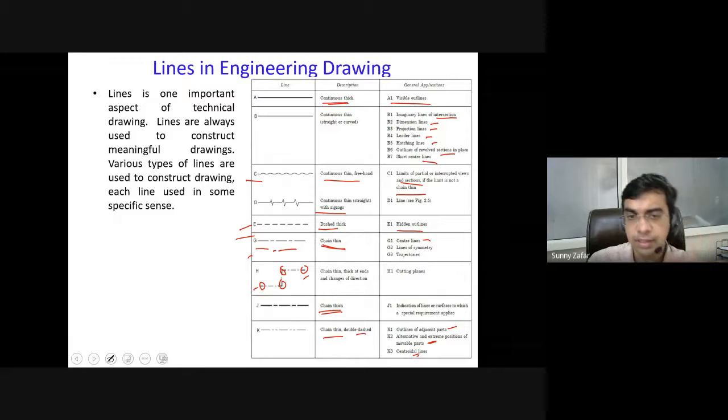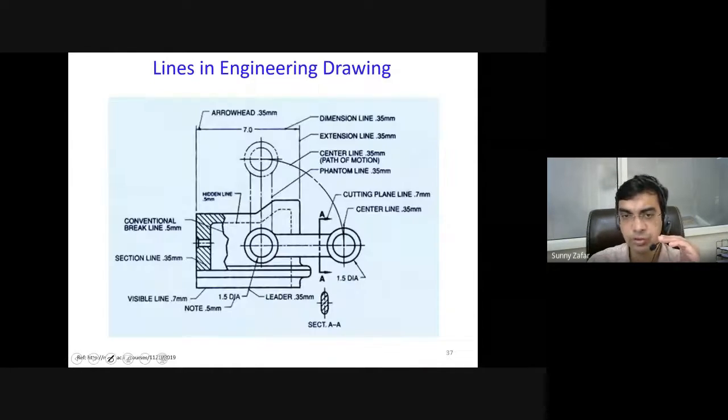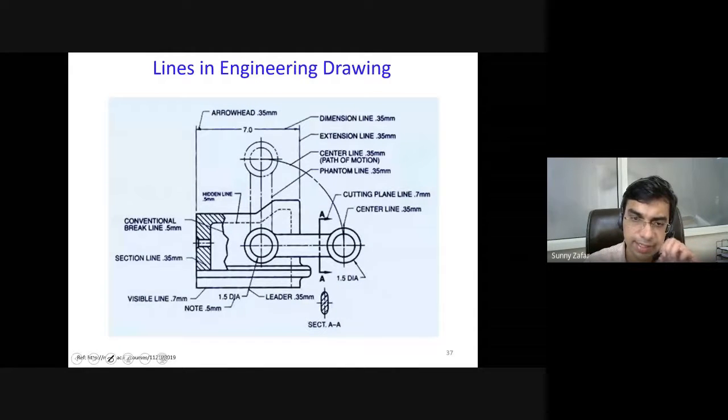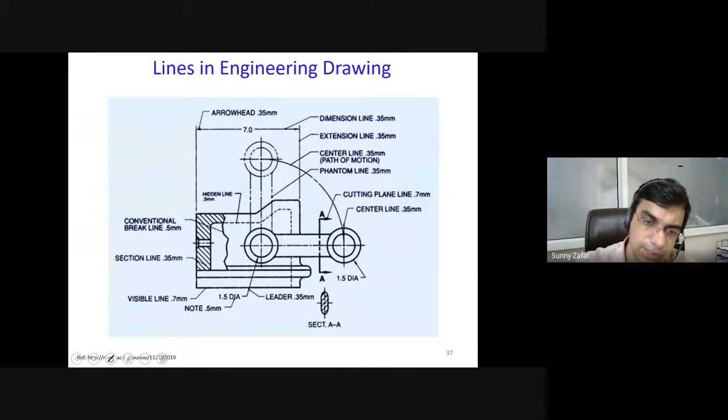These are the different sets of lines now being used in machine drawing, and the software automatically picks up the appropriate line to show the appropriate feature. I will show an example here. This is an example of a moving lever, which moves 90 degrees on a machine component. You can see here that the external details of this assembly are shown using these thick lines. These are the A1 category of line, showing the visible thick line.